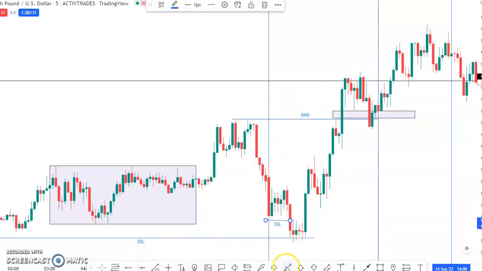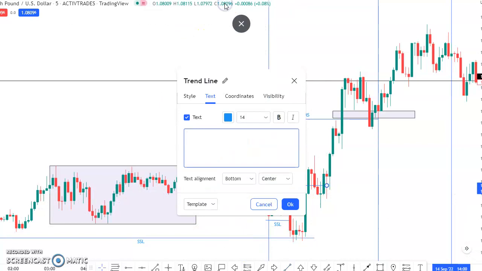The break in market structure came into play at this particular region because that was the last lower high. All right, here to identify that as BMS,